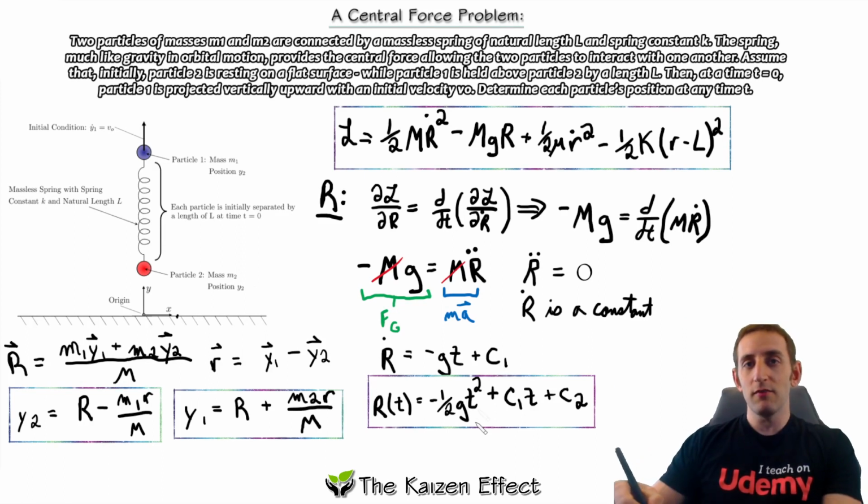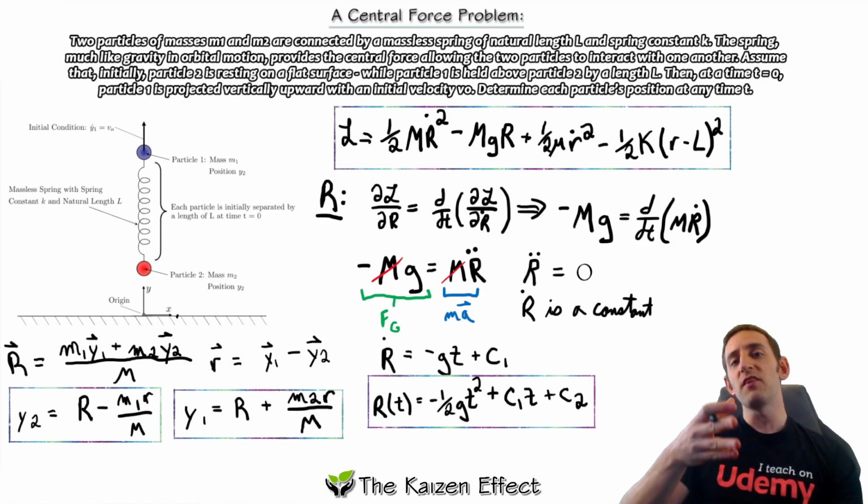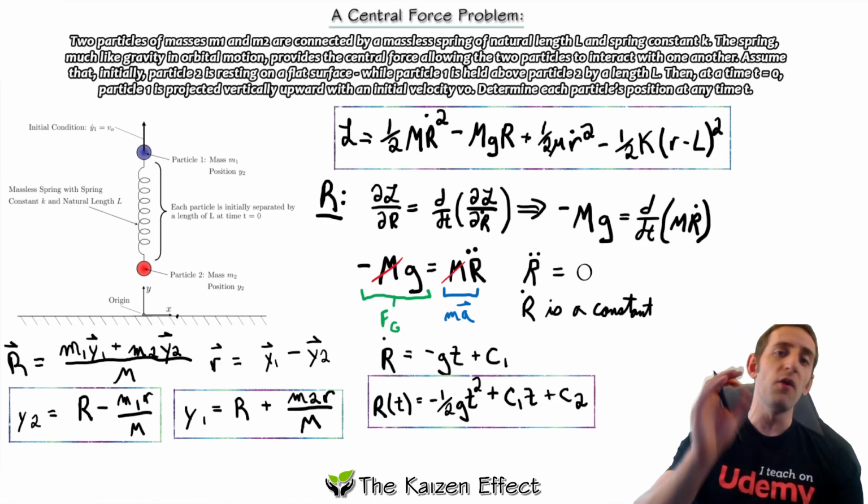And it's pretty straightforward. This is like kinematics 101. This c1 is our initial velocity v0 that we're going to find probably. And this is just some constant that's probably going to be the initial position. So this is the equation we're going to have to solve using our boundary conditions later on. Next, let's jump into the most important coordinate that's going to give us the most information about our